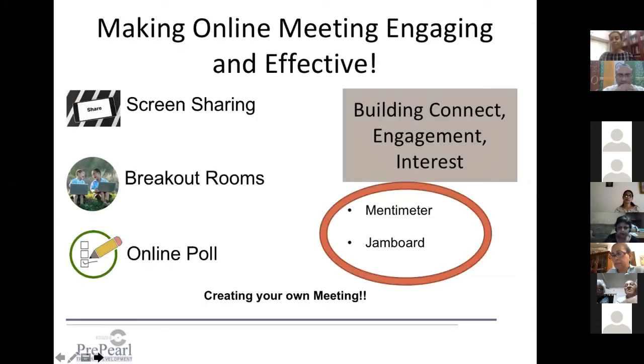And then, of course, very important, as Cora was mentioning, how do we create our own meeting? We're very used to the Zoom link being sent to us, and then we just click on the Zoom link and we are in the meeting. But if we have to host the meeting, then where do we go to send that link and find that link? So we'll also be looking at that today. This is largely what we're going to cover, and hopefully this is exciting enough for today.